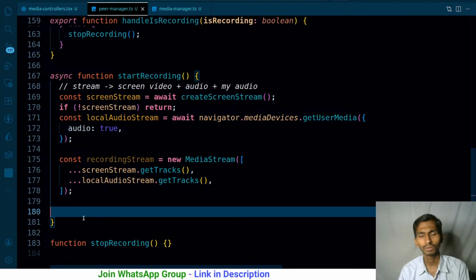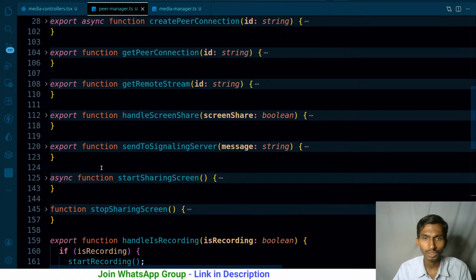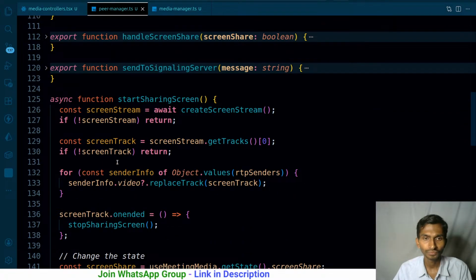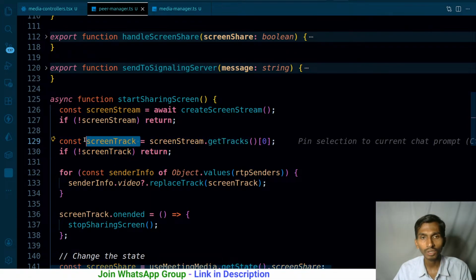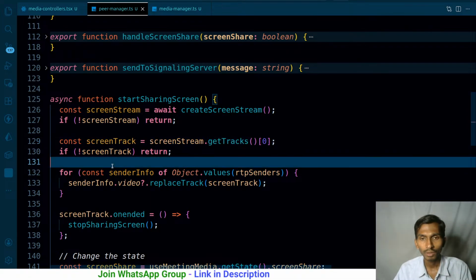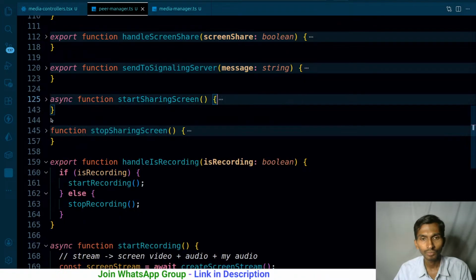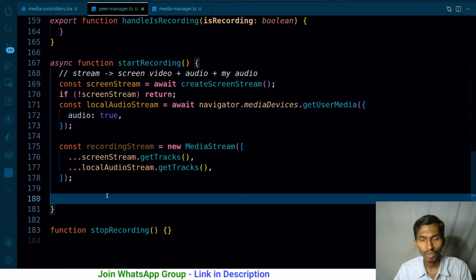On end. So I have just got my stream. Now what am I supposed to be getting? I just did the same thing here when I was sharing the screen. I forgot that. Coming back to this one, I have to get the tracks. On the track I can call it, right? And how does this screen recording work?